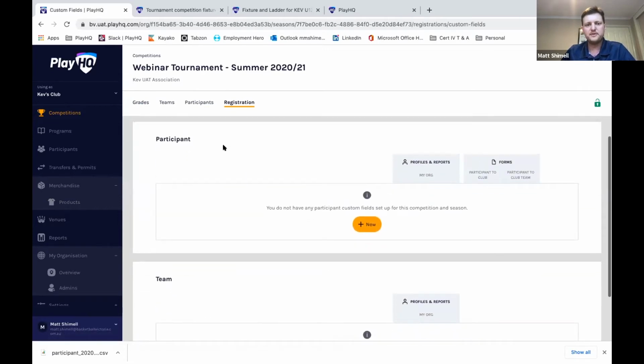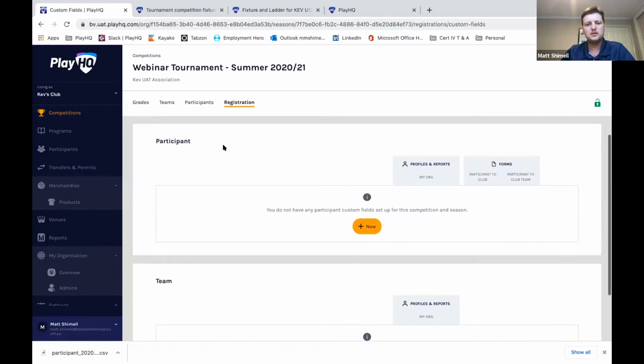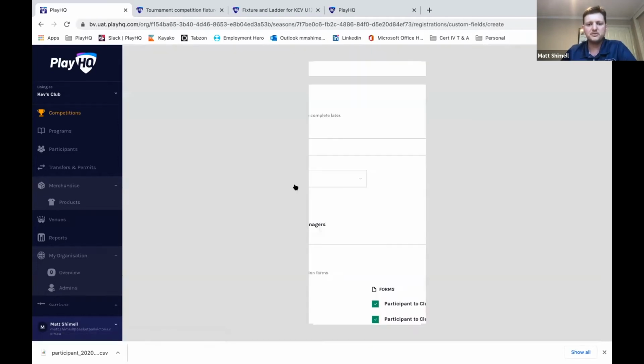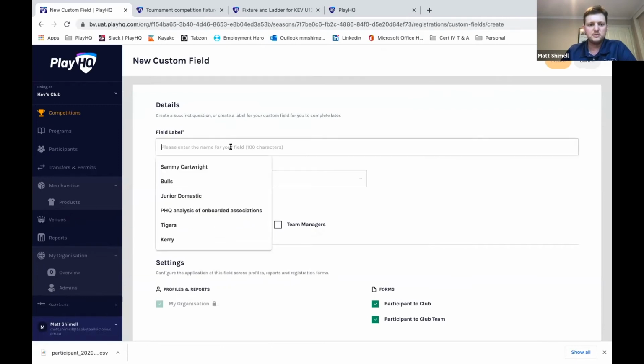Okay, so these are fields that you can use to gather information that the form doesn't already gather. So obviously mandatory or preset fields include the person's name, date of birth, address, all those sort of common fields. But if you have specific information that you want to collect for your club or association through the registration process, you can add a custom field. Okay, so it could be,